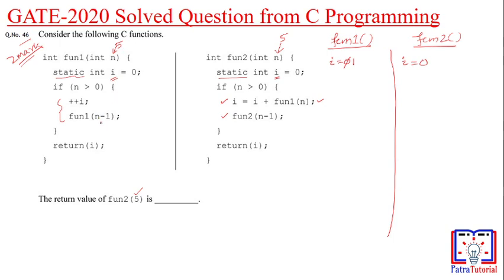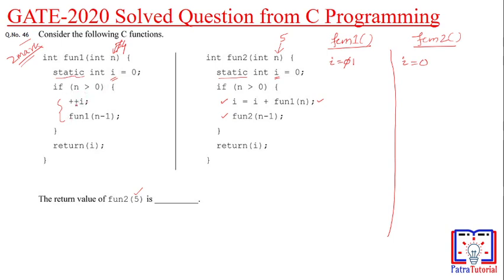5, and now it is passing n minus 1, that is 4. Now it is passing 4 as a parameter and calling the same function again. So again it will come inside function 1, and since it is a static variable, I will be 1 only, it will not change. Again it will check whether n is greater than 0 or not. Right now the value of n is 4, so this condition will be satisfied,